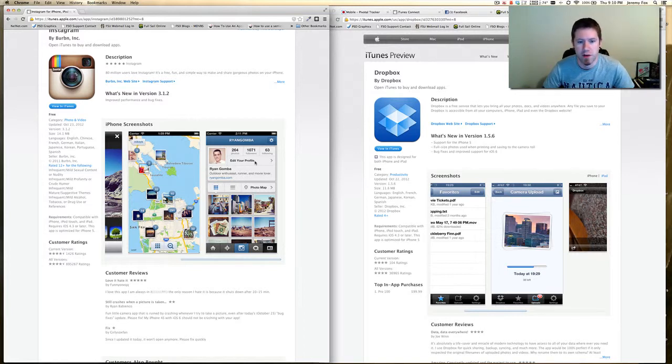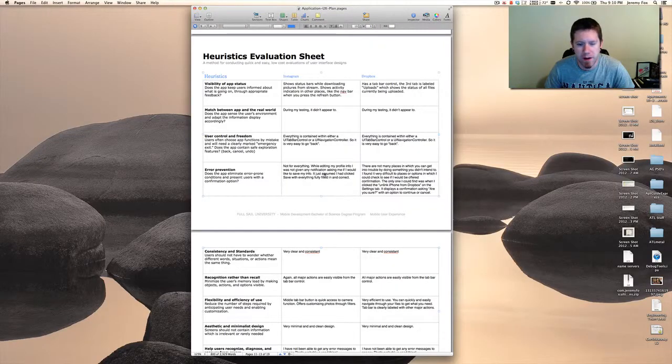Regardless of what you entered, you may not have entered anything, but it doesn't seem to do any type of validating to ask you, are you sure you want to save this, or is this information correct, just to verify it. And then on the Dropbox side, they don't really have many times, I guess, where they need to ask, except for one huge one, which could be if you